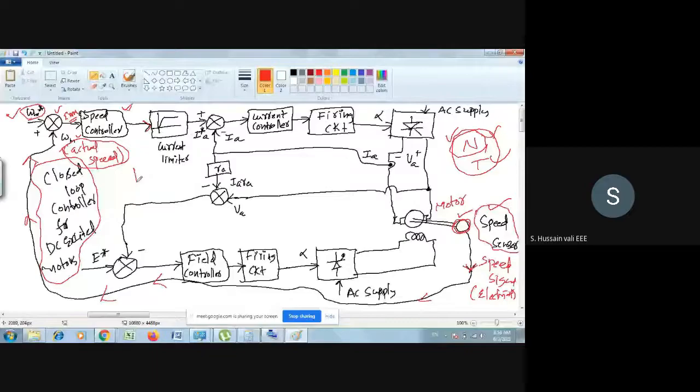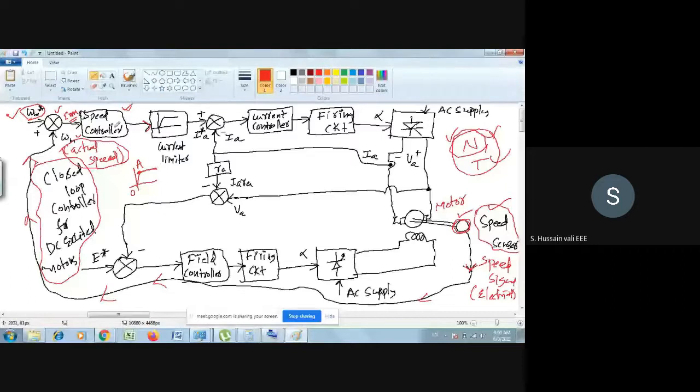This is the point A. This is the point O. So from O to A, the limiter will not limit anything. It will sense and send the actual current. But if it is beyond A, then there is a horizontal line. So it will fix the current there. It will limit the current at this horizontal value. So that's the purpose of this current limiter.